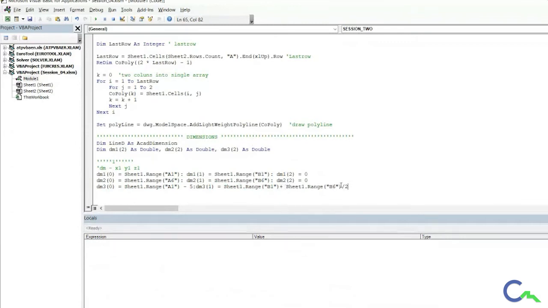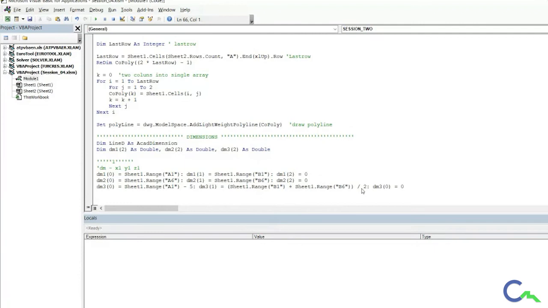Divided by 2. So I can give a bracket here before the division symbol, just to make it safe. So I have got y1 plus y2 by 2, and the third point will be a beautiful 0, right? Beautiful 0. So we have set the points.